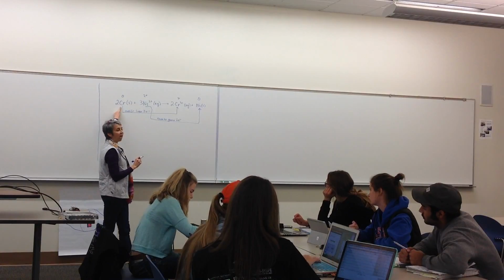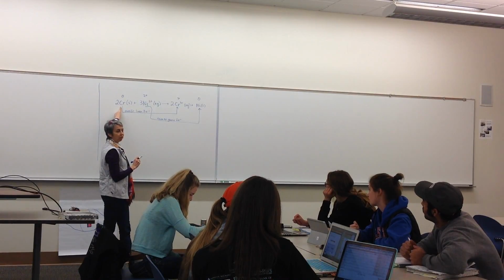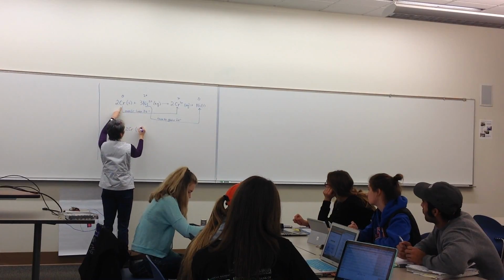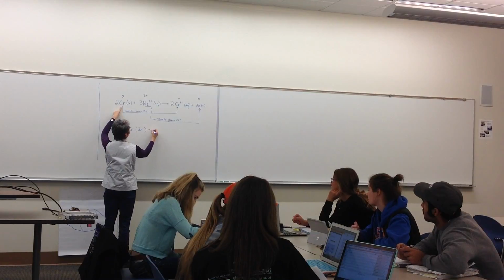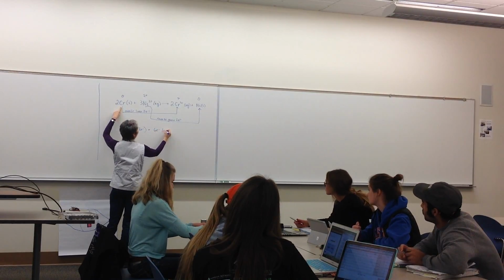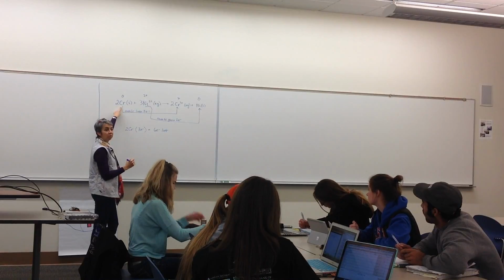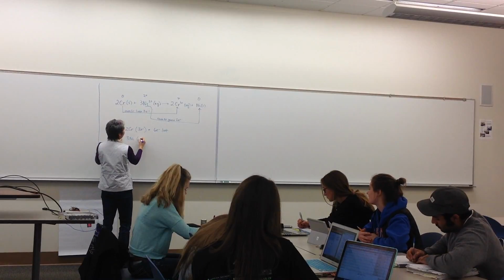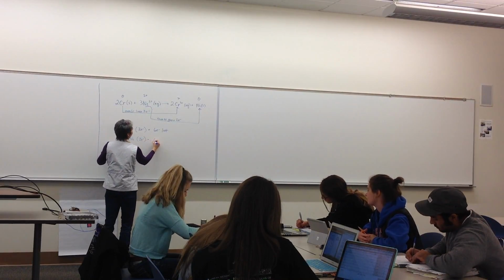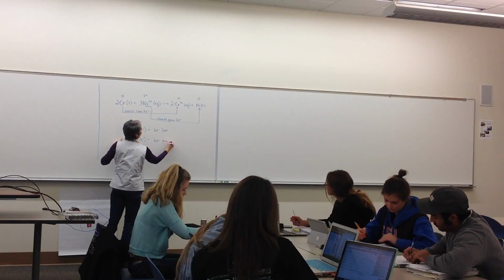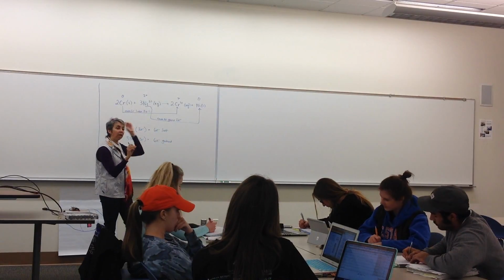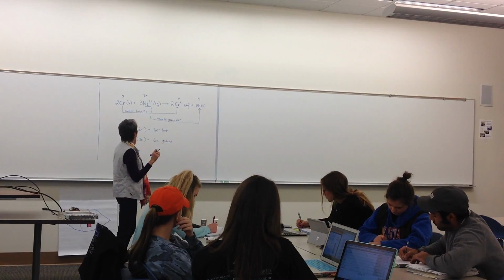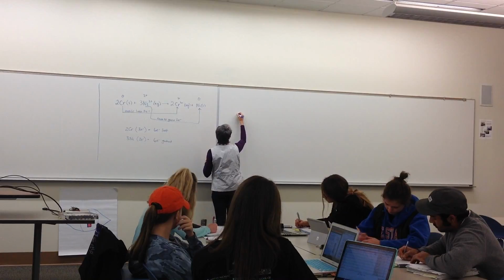So how many chromiums do I have involved in this reaction? 2. So I have 2 chromiums, and each chromium is losing 3 electrons. So that's 6 electrons lost total. How many nickels do I have? 3, I see. I have 3 nickels, and each one is gaining 2 electrons, so that's 6 electrons gained. So I'm guessing that in the problem that you're looking at, it's the exact same. You have not taken into account the stoichiometric coefficients, or sometimes if you have something like this where you've got like